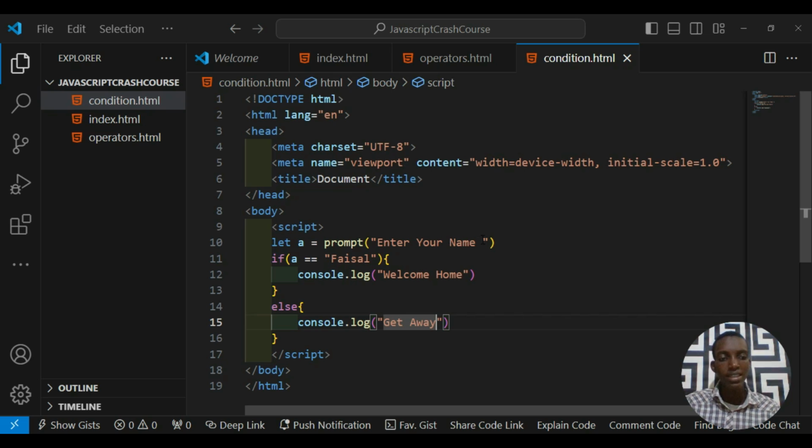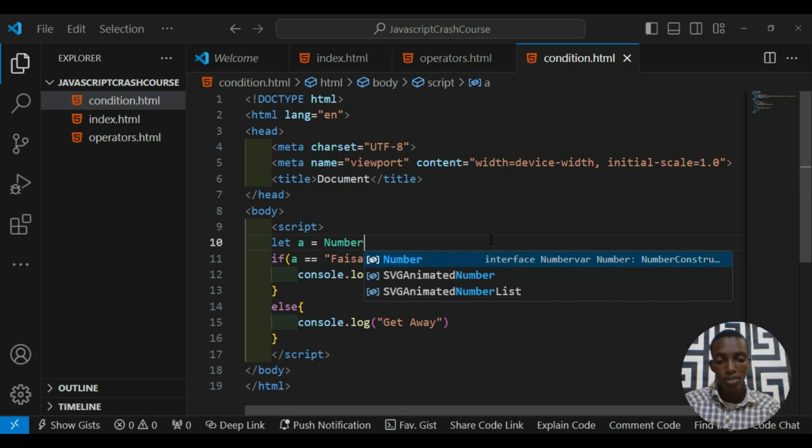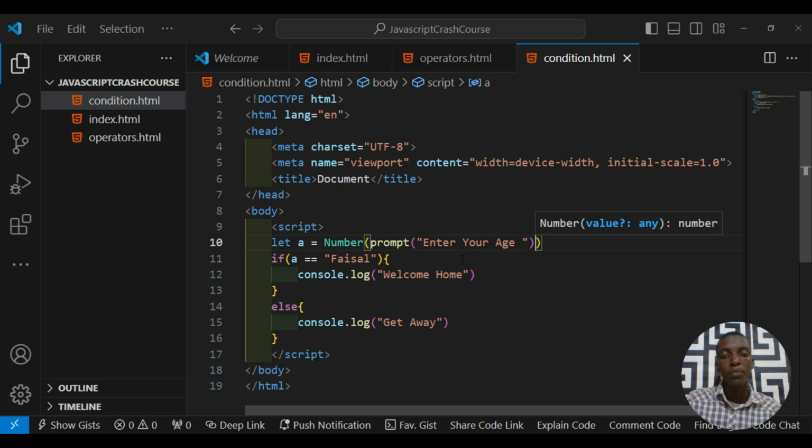We say, let's say a voting system where we could use the else if. Imagine I'm saying enter your age, right? Since we're dealing with a number here, it's better for us to convert this to a number, so just say Number. Remember, you can use parseInt or anything you want. So I'm saying number. Now I'm doing this. If a